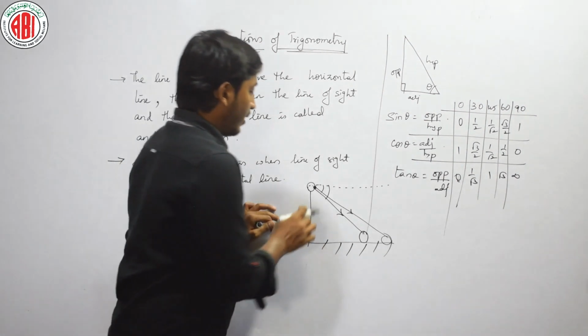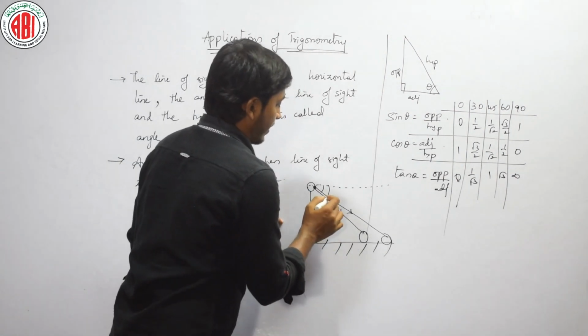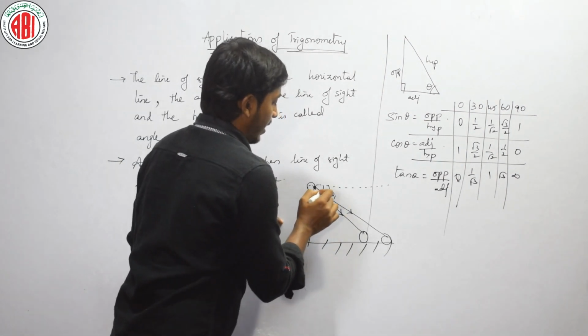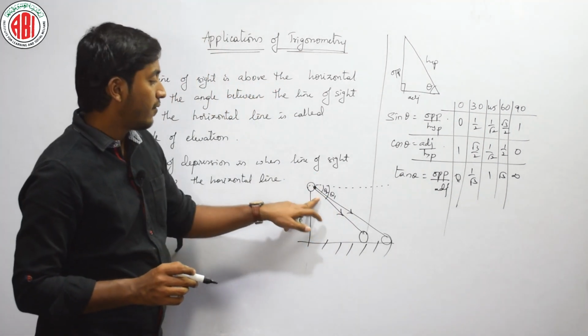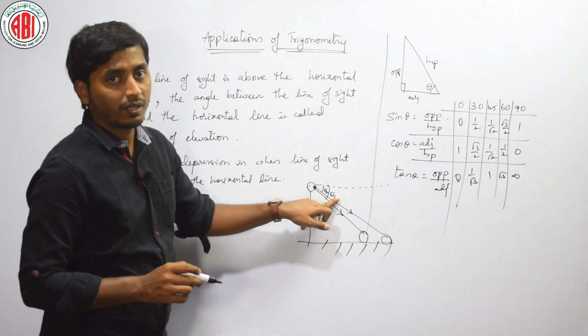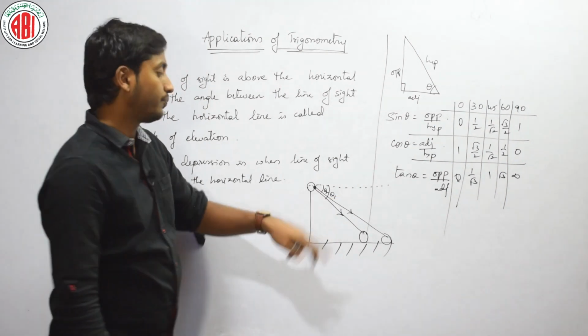Now see here, the first ball's angle, let us assume it as theta 1, and the second ball's angle theta 2. Which is more? The first ball's is theta 1, okay. और एक बार देखो इधर,